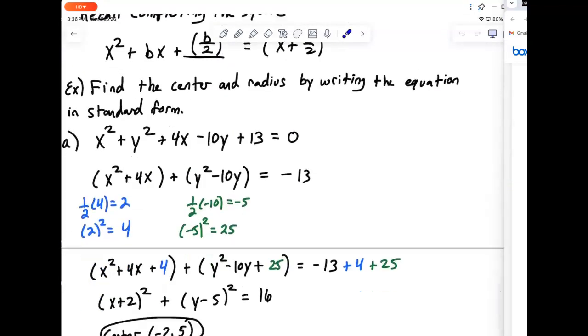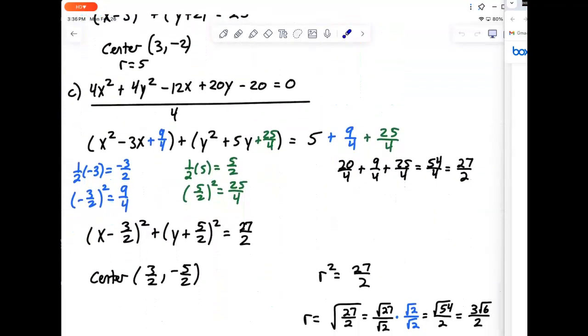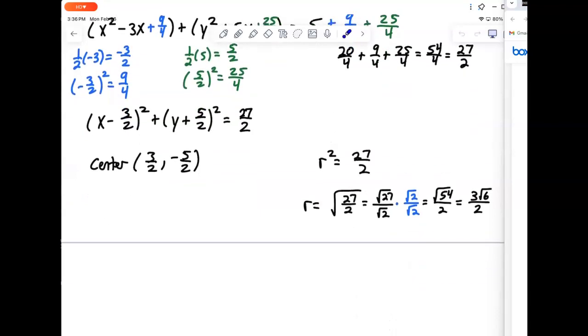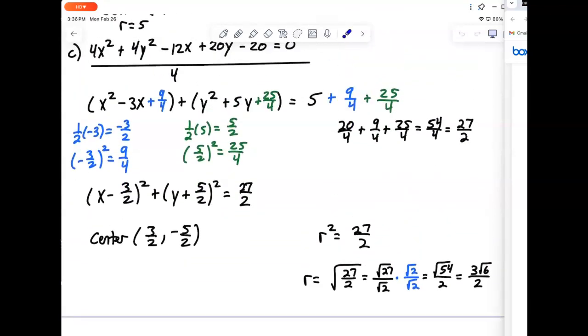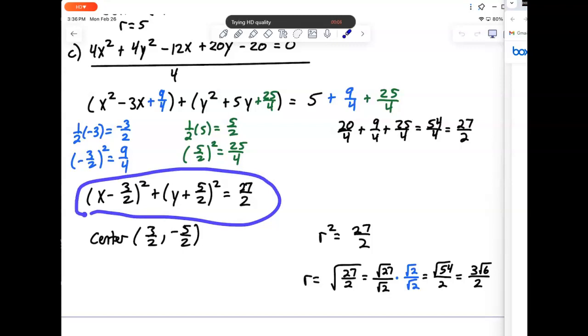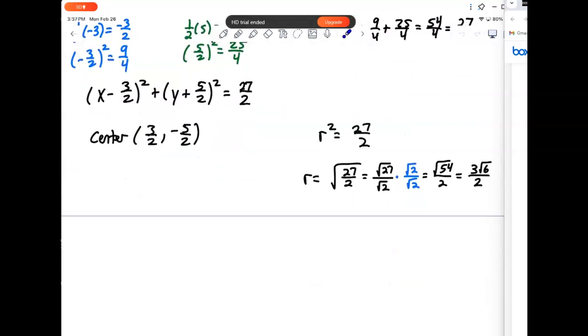Then we went through various examples. We finished up with these ones here where we were doing this process of completing the square to get the equations into the right format so that we can then read off the center and work out what the radius is. Okay, so today we're going to begin with our second problem with circles,